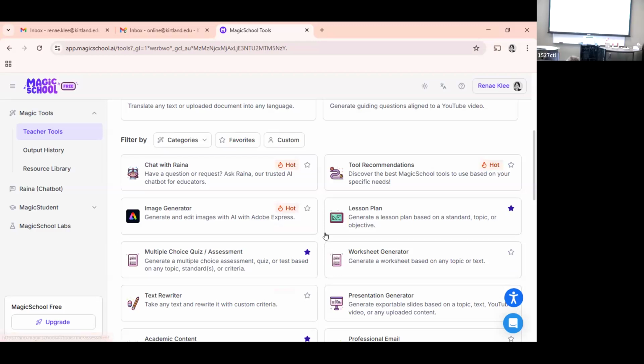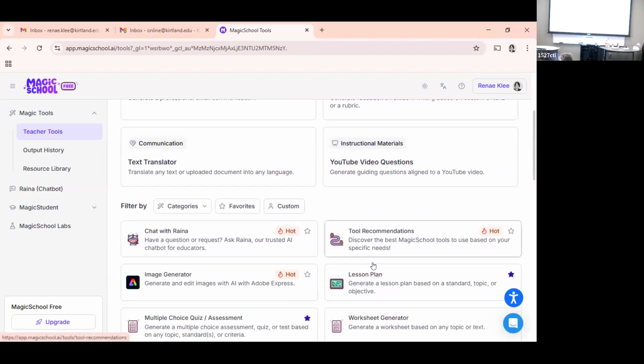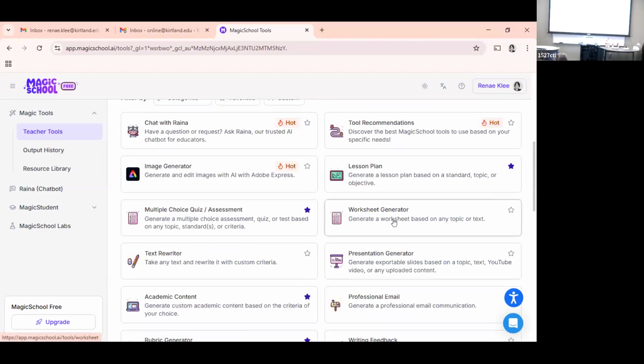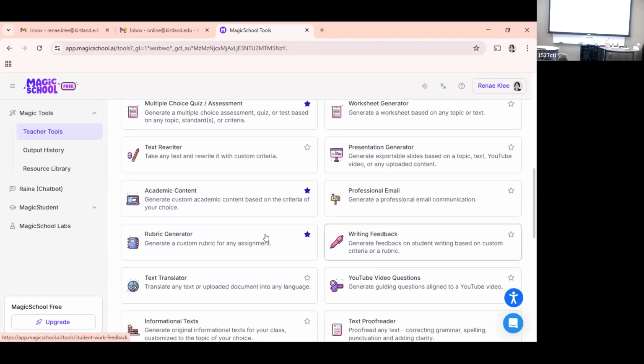This is really kind of just free time, so I'd like to give you a little bit of time to play around with some of these tools. For the next five minutes, just go ahead and play with some of these tools. If you want to use lesson planning, there are areas in here for rubric generators and writing feedback. Scroll through the tools, click on them, and play around.